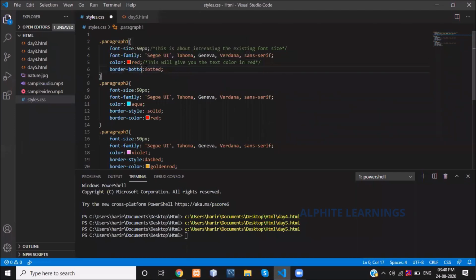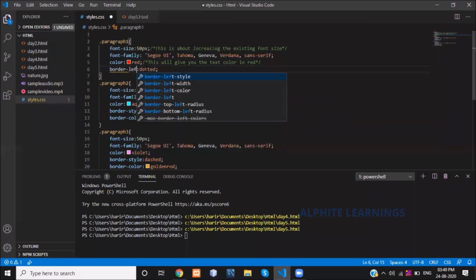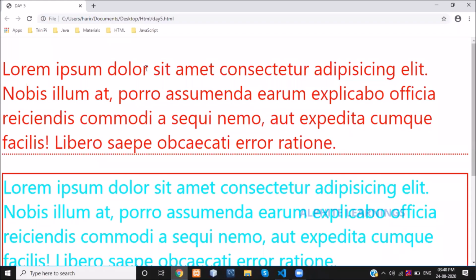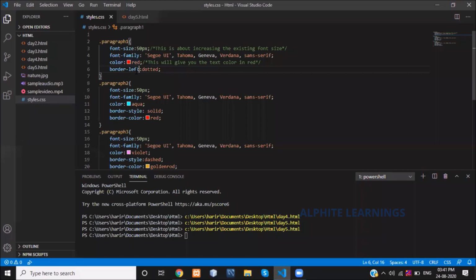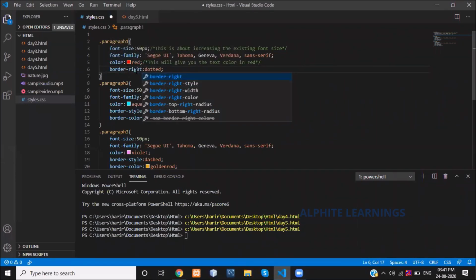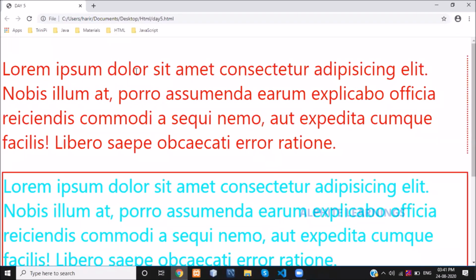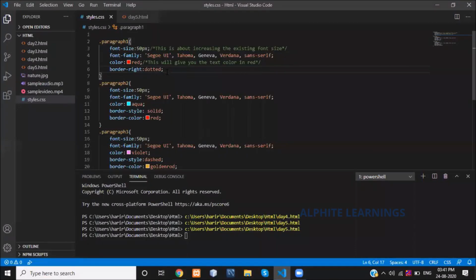If you want it on the left side, just mention border-left. It will show you on the left side. Similarly, you can give it on the right side, and it will show you the border on the right side.